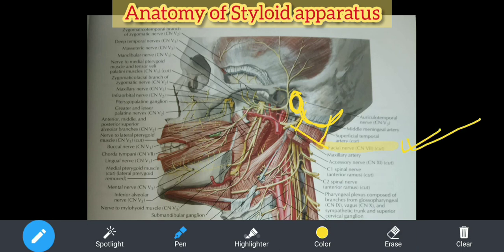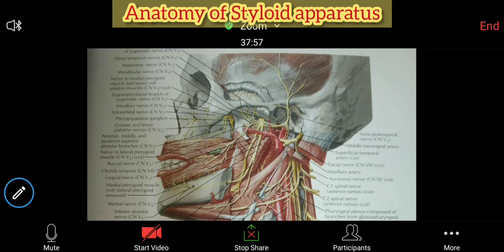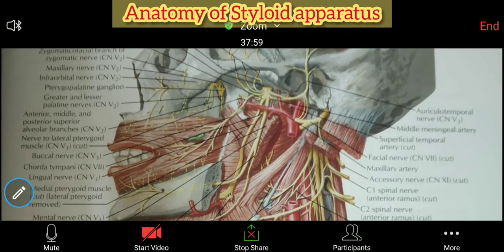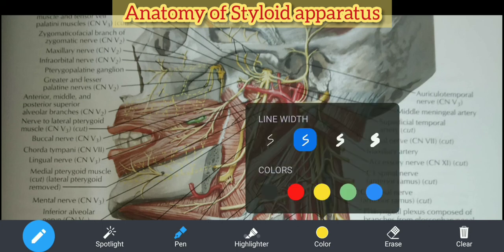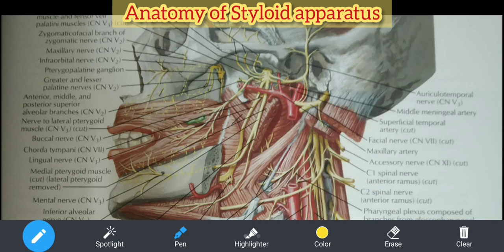Saw the relation of the facial nerve. See, it is laterally present. From posterior to anterior, it is going like this. Are you able to make this? Very simple. And now we will talk about the external carotid. So if you see, this is the apparatus. Actually, I need to zoom it more. We will clear this. We will zoom it more. Now, can you see this? See, this is your external carotid artery, right? This you already cut it, external carotid artery. And this artery is actually like this.